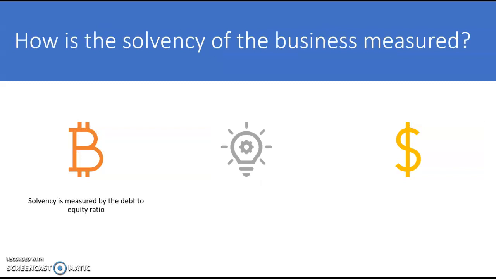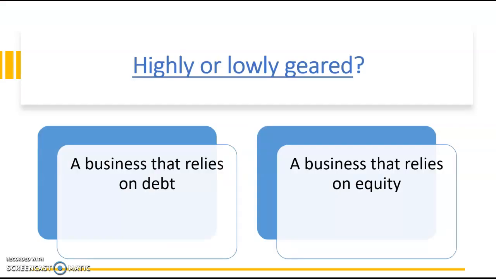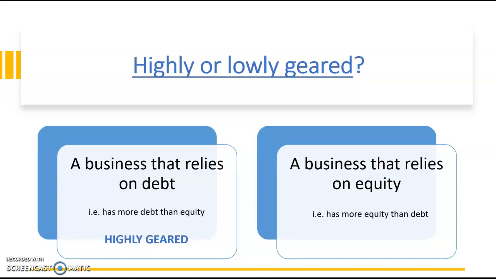It's measured by the debt to equity ratio. Sometimes it's also known as the gearing ratio. This ratio highlights the mix of finance used to fund the business, so how much debt they have compared to their equity. So really, when we're talking about solvency, we're considering whether a business is highly or lowly geared. A business that relies on debt has more debt finance than equity finance, so they have more liabilities than owner's equity in their balance sheet, and so they're regarded as highly geared. On the other hand, a business that relies on equity will have more equity than debt, so they're going to have higher owner's equity than they do liabilities in the balance sheet, and we're going to refer to them as